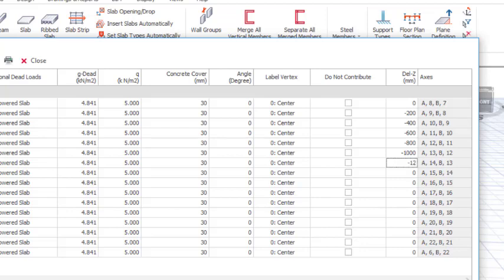So minus 12, minus 14, minus 16, minus 18, minus 2000. Okay, then minus 22, minus 2400. Okay, minus 2600, minus 2800. Okay, then this one